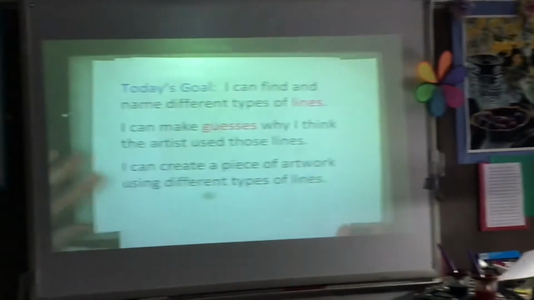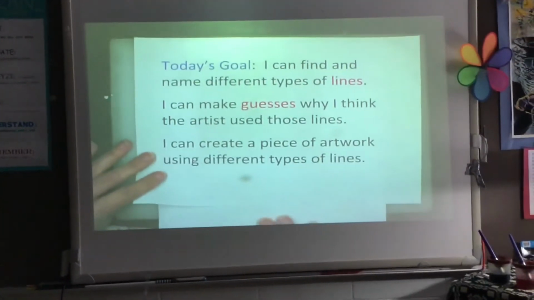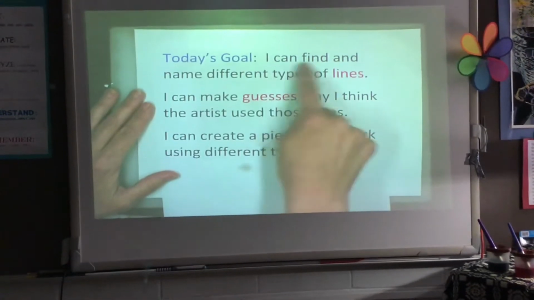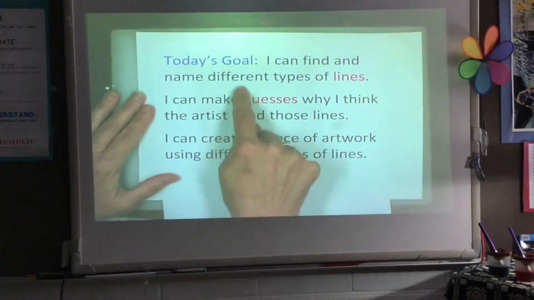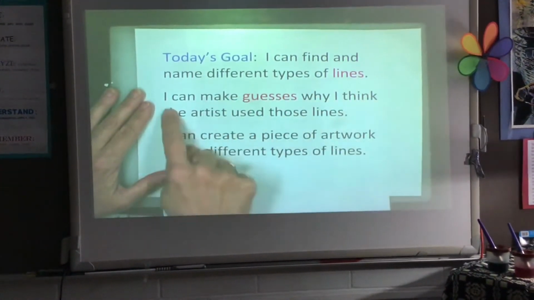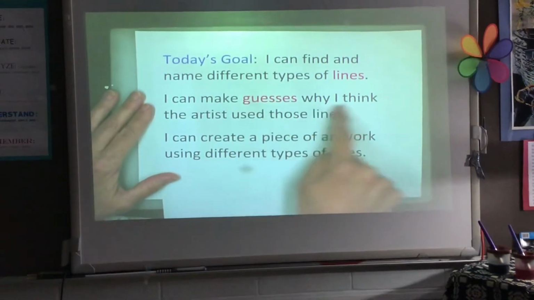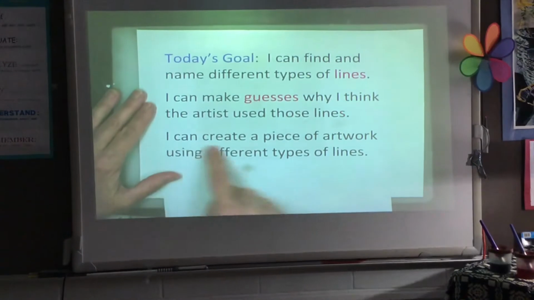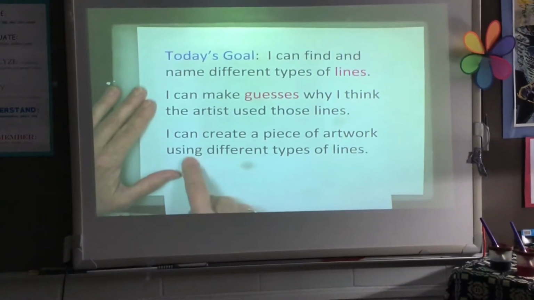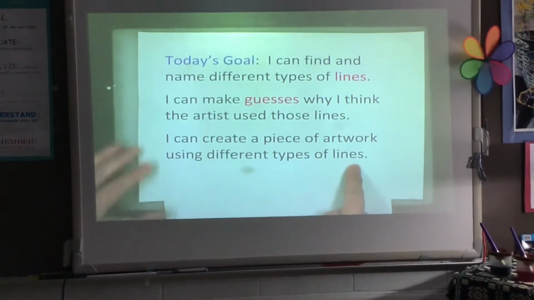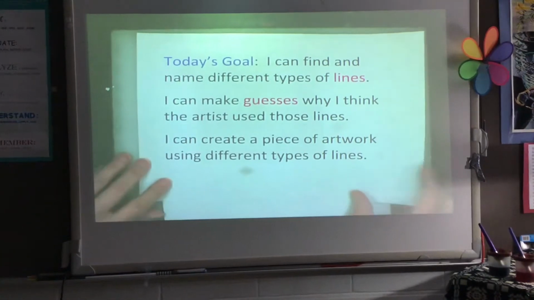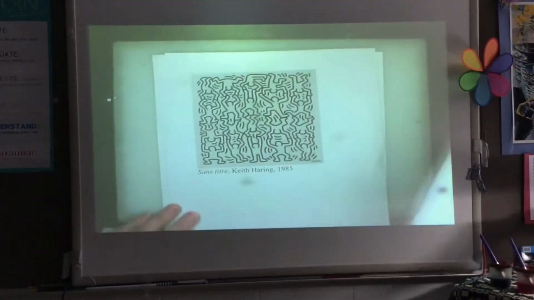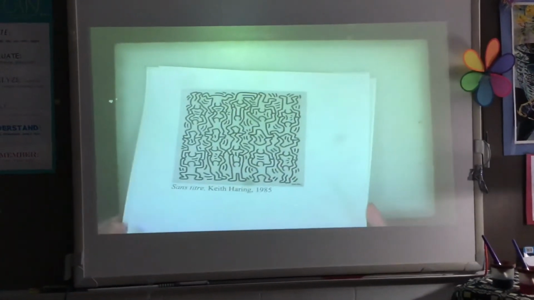Looking at our goal for today, at the end of today's lesson, I want you to be able to say, I can find and name different types of lines. I can make guesses why I think the artist used those lines. I can create a piece of artwork using different types of lines. So that's our goal for today, and we're going to look at 5 pieces of artwork today